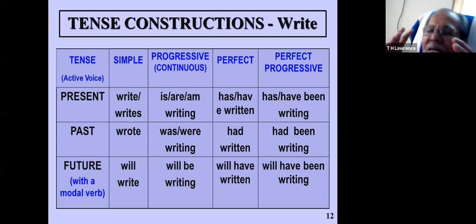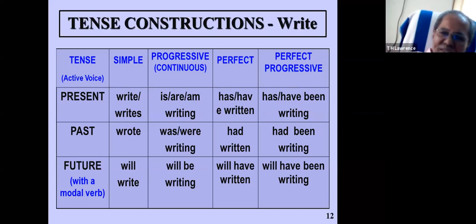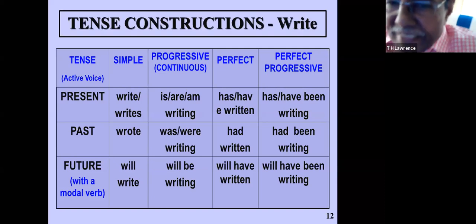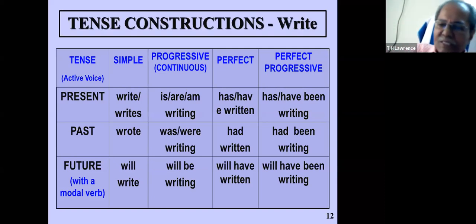So though we have basically, with the help of a modal, three tenses here as past, present, future. Future I always write like this, future with a modal verb, not its own. So here, present, past, future, and here you will find the symbol. That means a verb can come in the present tense in four forms: as simple, as progressive or continuous, then as perfect, and as perfect progressive or perfect continuous.